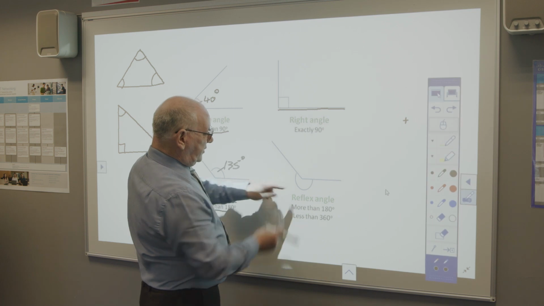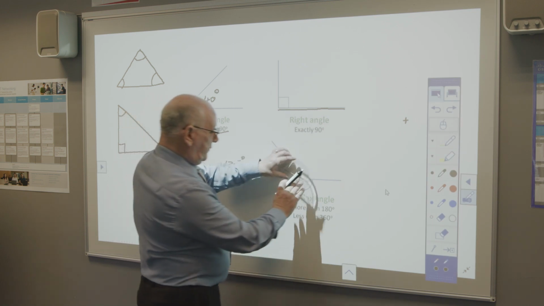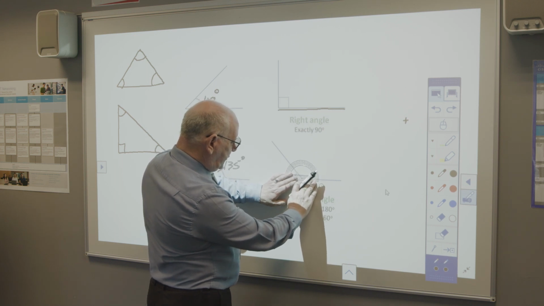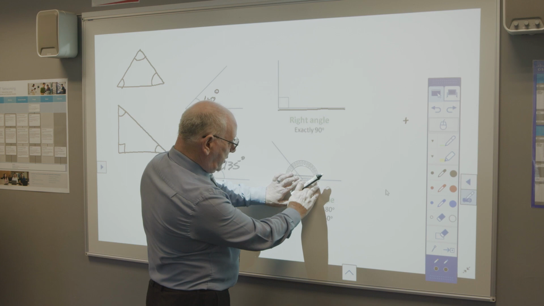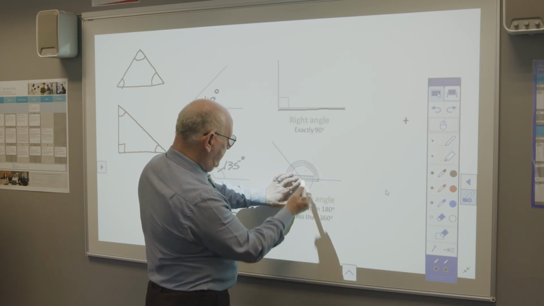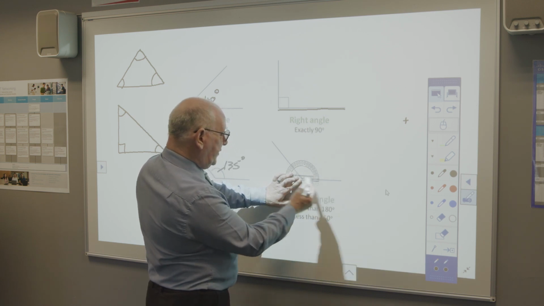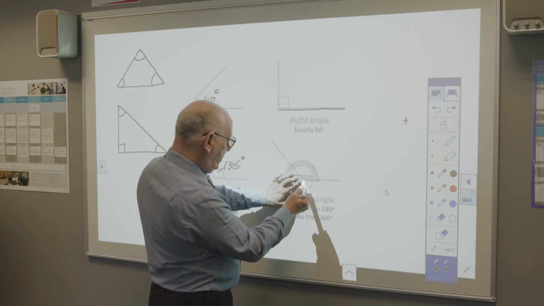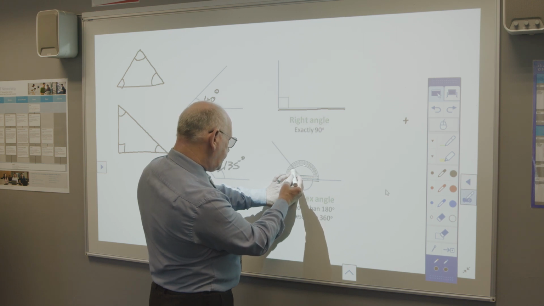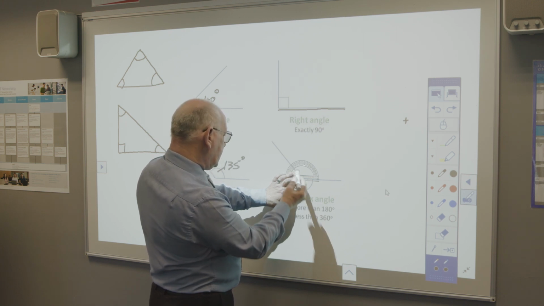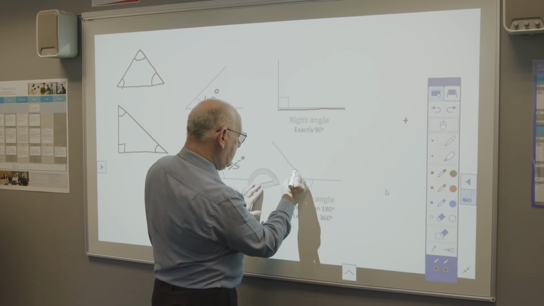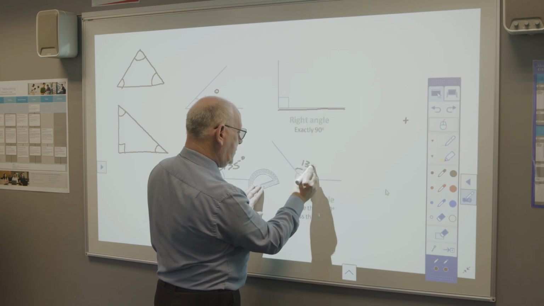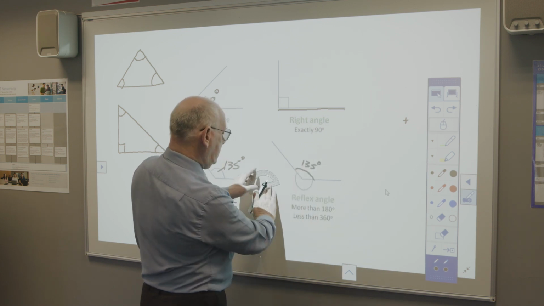So, how do we measure this reflex angle? We put the dot on the corner. The straight line follows that straight line. We know that this angle is an obtuse angle. So we go back to that. It's got to be more than 90. So this angle, same again, 135. So if that's 135 degrees,